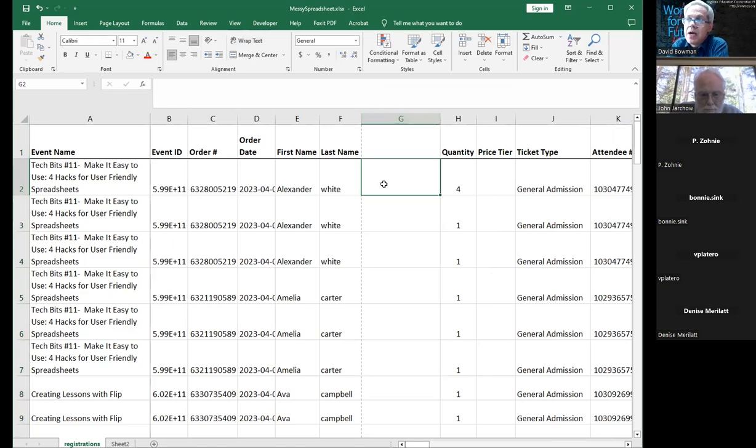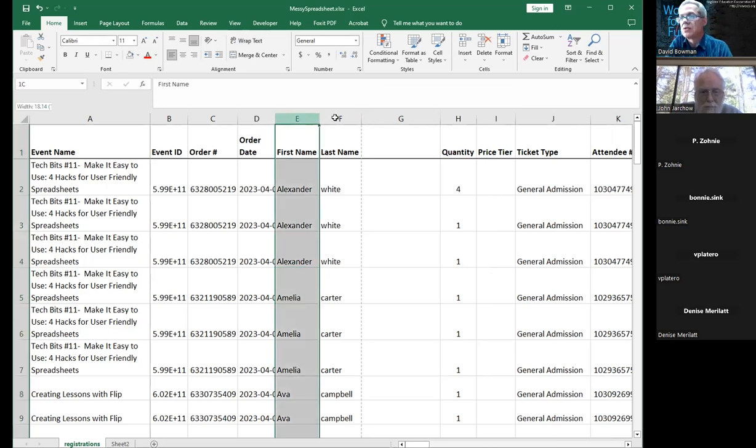I've got 2 columns for names. I have Alexander White. And the reason why you see everything come up 3 times is because I took the same data set and just copied it. So everything's in there 3 times, just so I can easily create a bunch of lines of dummy data. But regardless, I have 2 columns for names,